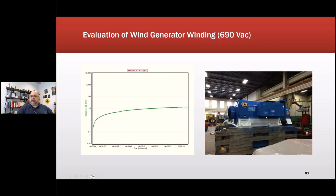This one here is a wind turbine generator. Pardon the colors there. This was something we had at the repair shop I was running: we had a contest between two wind sites. We had a former,